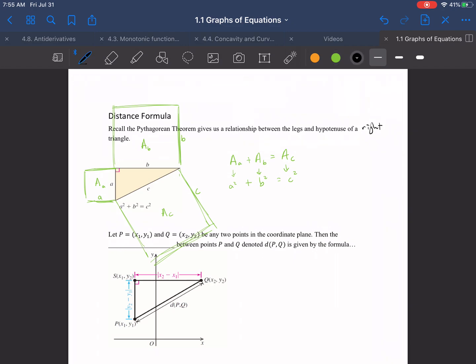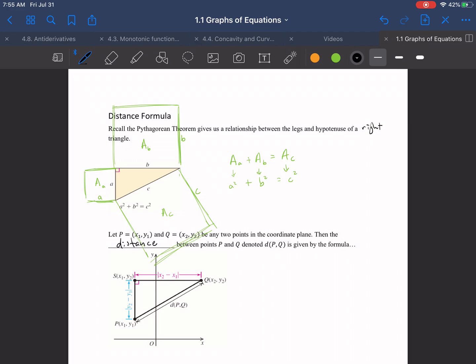Let P equal (x1, y1) and Q equal (x2, y2) be any 2 points on the coordinate plane. Then the distance formula, the distance between points P and Q, denoted dPQ, is given by the formula, and we've got it right here. So if we take a look at this,